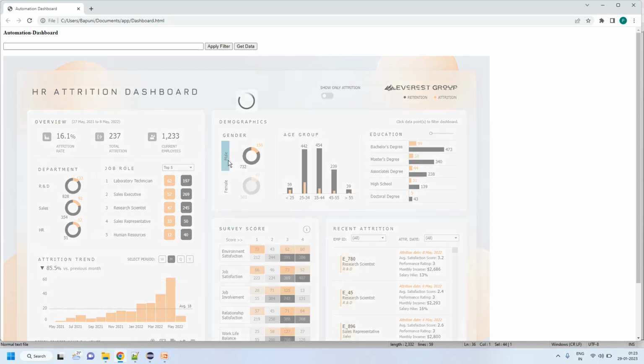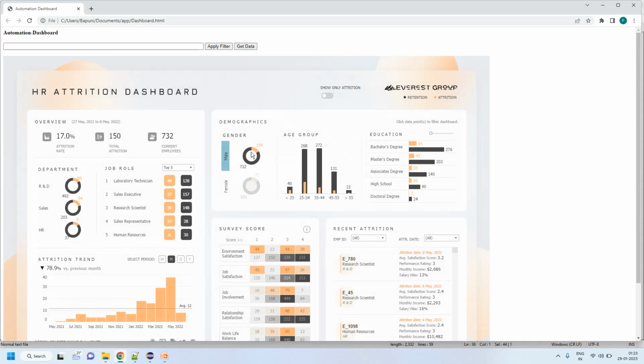So if I apply male, what happens? Here the attrition is 150. You can see the male attrition is 150. It is shown 150, so it is correct. And 732 is the current employees. It is showing the correct employee retention, 732. And the percentage is again recalculated to be 17.0%. And then see here also the attrition, under the R&D department, it is 90,